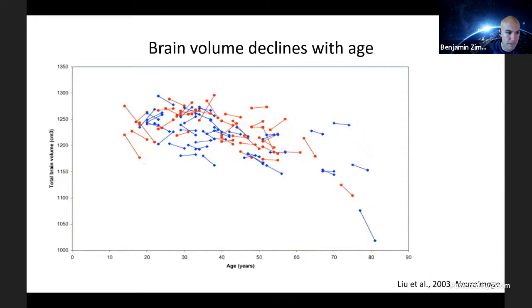And I want you to focus on a couple of points. First, that overall brain volumes tend to decrease with age. And this seems to accelerate with older age, but also that there's a lot of inter-individual variability. So if you look at some of these folks, their brain volume is actually increasing. This one has huge increases. So there's a lot of flexibility here. And this is really one of the messages that I want people to take home after the talk, that you shouldn't feel limited by these sort of average patterns when you hear about these things in the popular press. There's actually a lot of individual variability in this area.